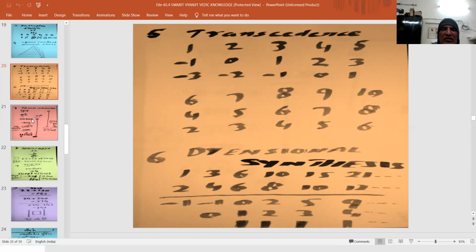The dimensions of the same order synthesize and linear dimensions synthesize 1, 2 synthesize as 3, 3 give lead to value 6, 4 as 10, 15, 21. The spatial dimensions lead to value 2, 4, 6, 8, 10, and 12, and so on.